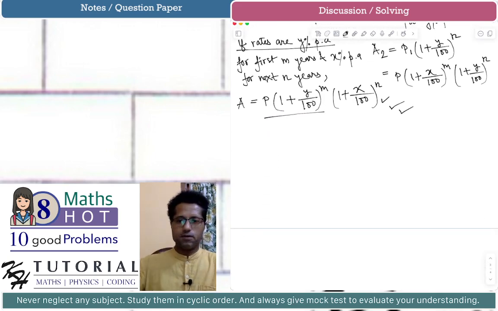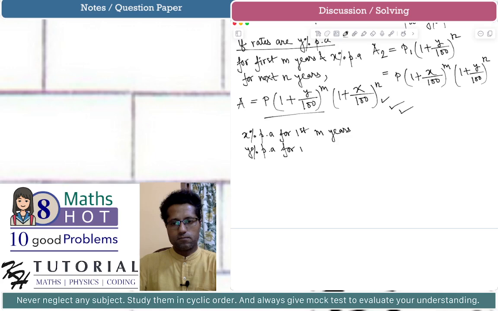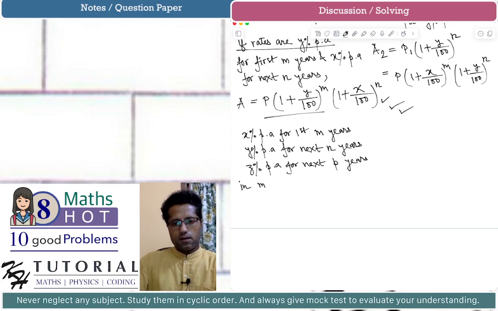As an example, let's say the rates are x% per annum for the first m years, y% per annum for the next n years, and z% per annum for the next p years, then in m plus n plus p years,